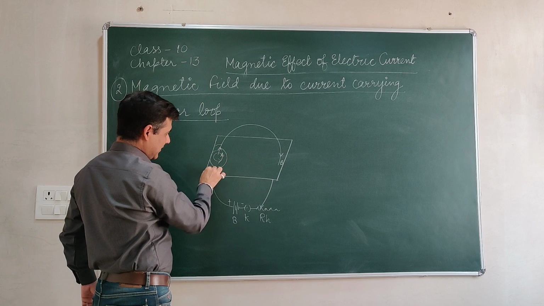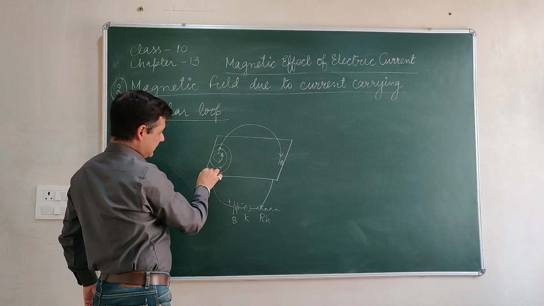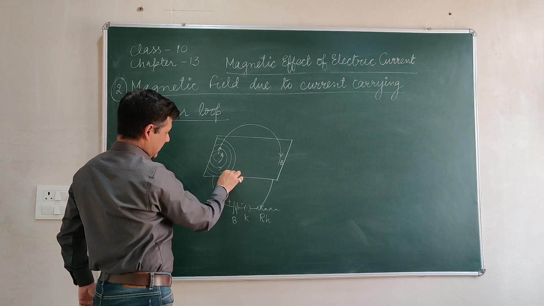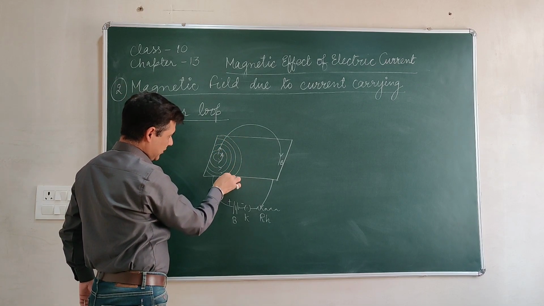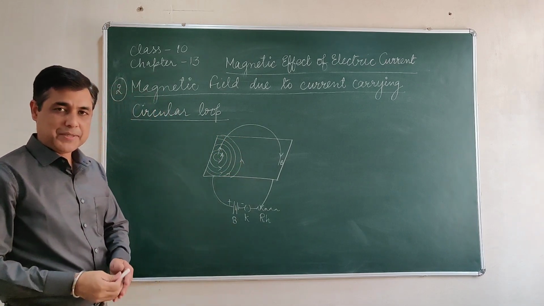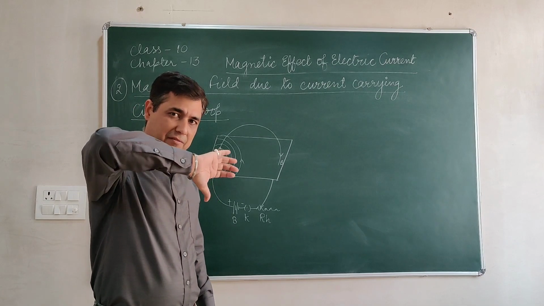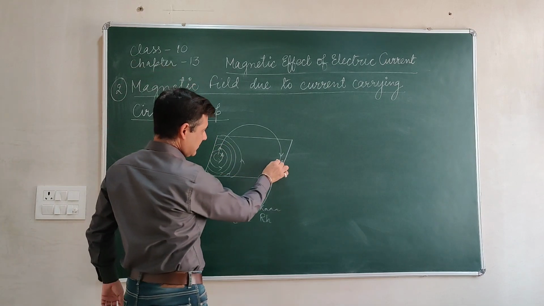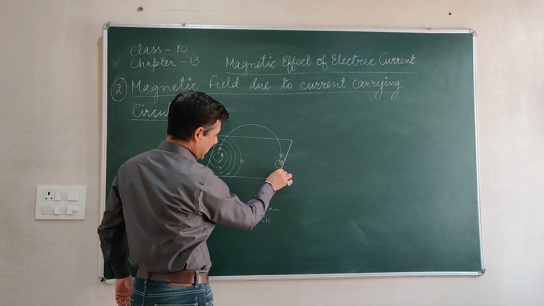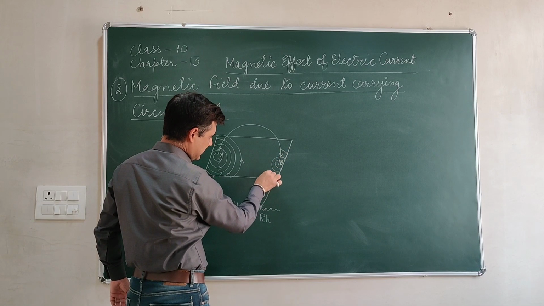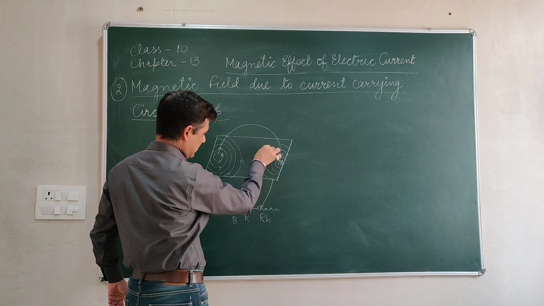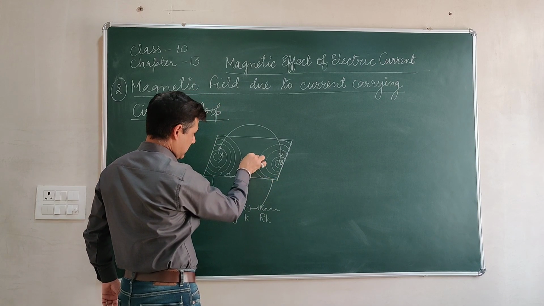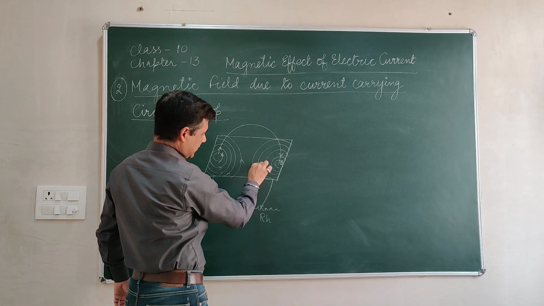We can make as many circles over here. These are the circles. We can make more over here. And at point B the direction of current is downward, so the magnetic field will be clockwise. This is the clockwise direction of magnetic field. Okay, so this is clockwise.